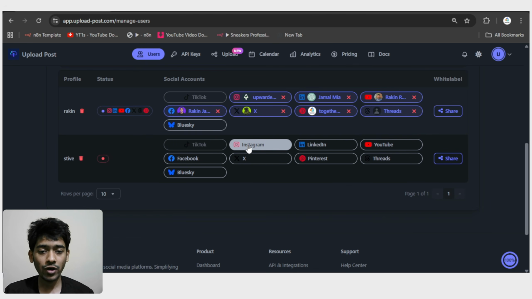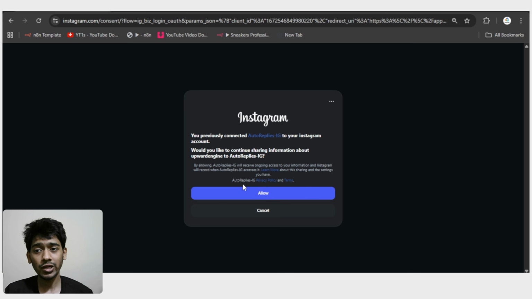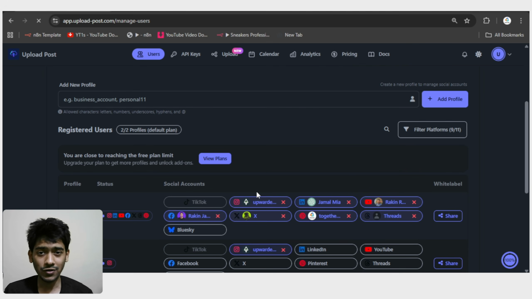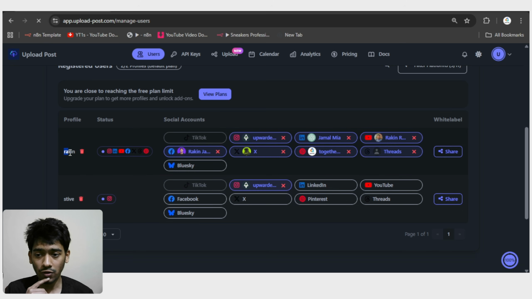After that I have to add all the social media platforms in here. Assume I want to add Instagram. I click Instagram, and if Instagram is already logged in with the browser, it will just ask some permissions, and then the Instagram account will be added. In some cases maybe it will ask for passwords, like this. Again, it's very easy. As you can see, in some seconds my Instagram account has been added to this profile, and like this I added all of my social media platforms. After adding that, copy your profile name like this,